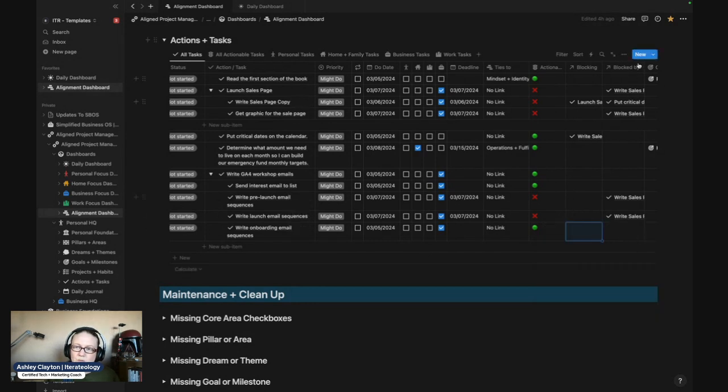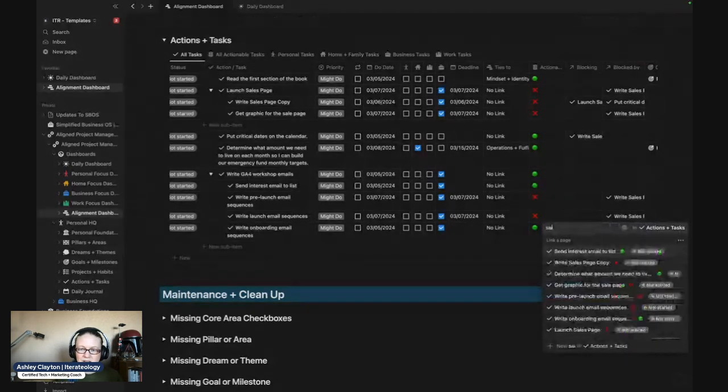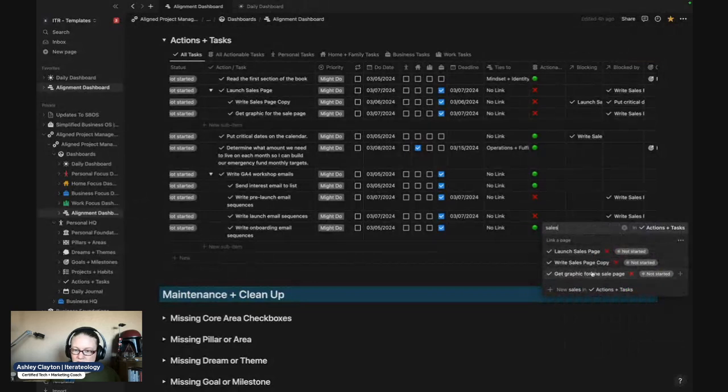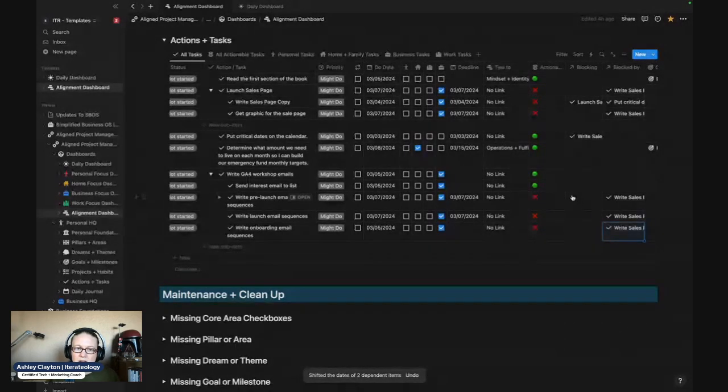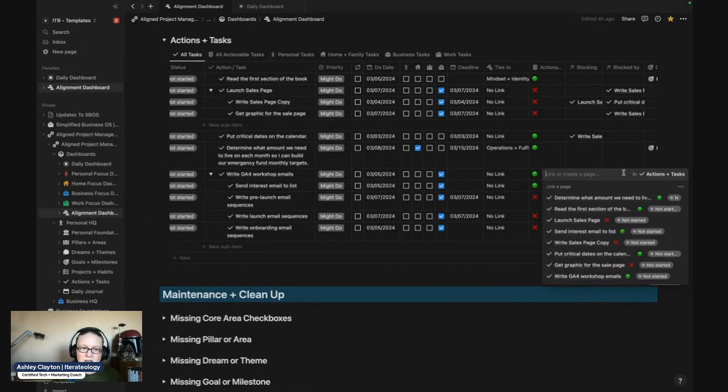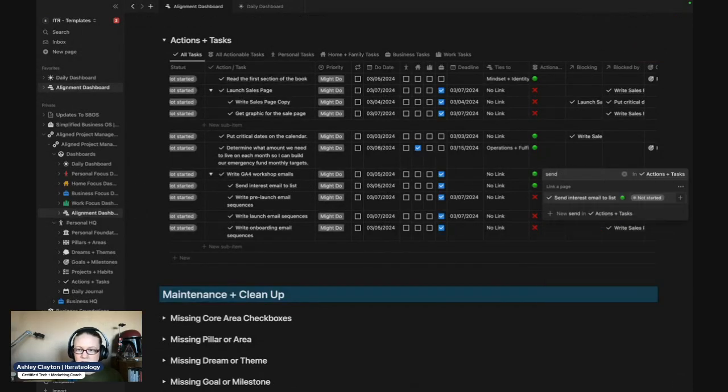So that's where you blocked by means that I can't get it done to this. So you have to pay attention to which one you're in. Sales copy. And then that's not going to be done until send is done.